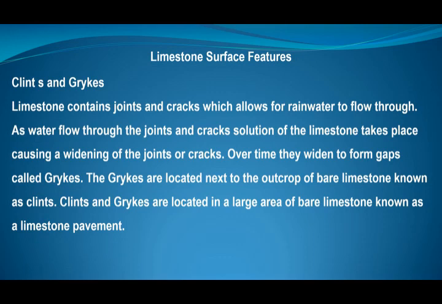Now when rain falls, remember the rain is what we call carbonic acid because it's a weak acid since it mixes with the carbon dioxide in the atmosphere. So the carbonic acid in the form of rainwater flows along the surface, and it also flows within the fractures or cracks on the limestone pavement. Now as the water is flowing through the limestone pavement or through the cracks, it will dissolve the limestone by a process known as carbonation, where the carbonic acid